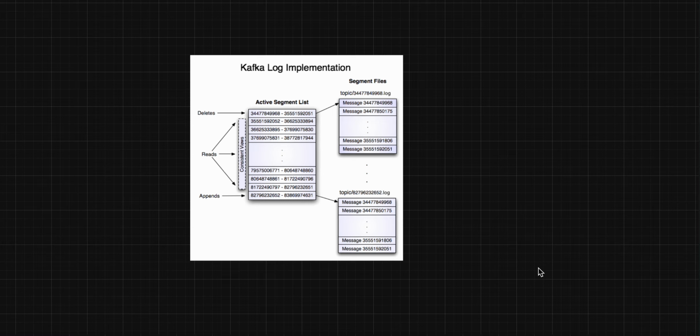It also helps us to delete things, like every topic has one retention policy. It will never keep messages forever. You should give a retention policy here, like delete this message after this period of time. Let's suppose we are deleting after 1 day. So 1 day's messages are inside one segment. After that, we delete that segment completely, and it doesn't need to search. Okay, so like this, we can optimize things here.